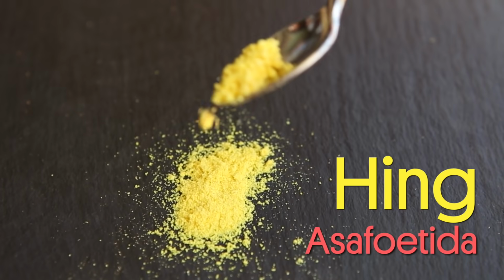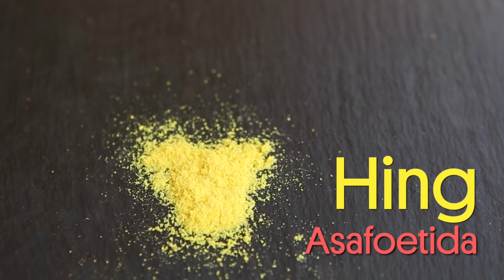Next up we have Hing, or asafoetida. So asafoetida you can actually find in either a rock form, which is its original form, almost like rock salt, or you can get it in the powder form. But just be careful, because a lot of the powders that you can find in stores often have so many additives or wheat flour or rice starch added into them to bulk them up. So if you really want to find a good one, try and look for one that says 100% asafoetida or